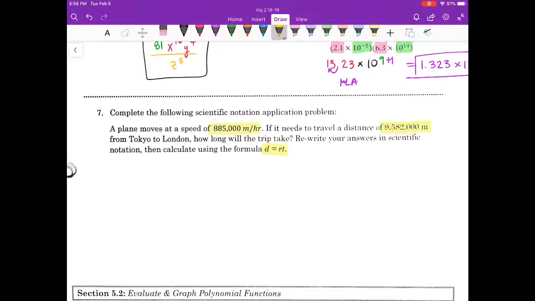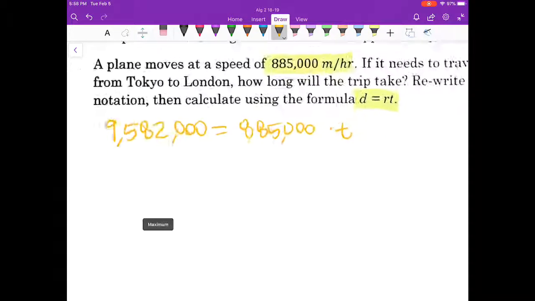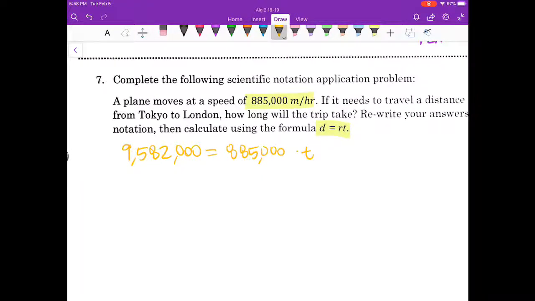So we remember that our distance, 9,582,000, equals 885,000, which is our rate times our time. What we'll do is go ahead and convert both of those numbers into scientific notation so they're a little bit easier to work with. So we have 9.582 times 10 to the 6th equals 8.85 times 10 to the 5th